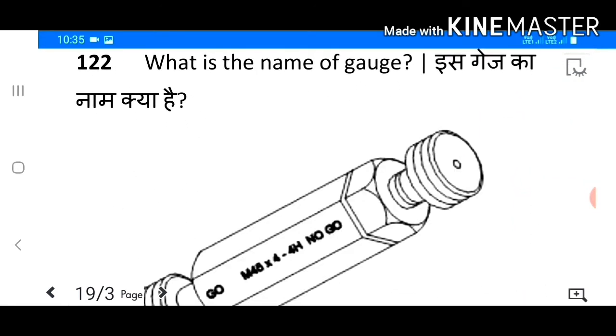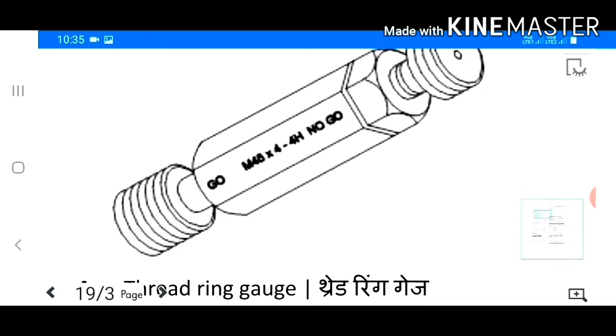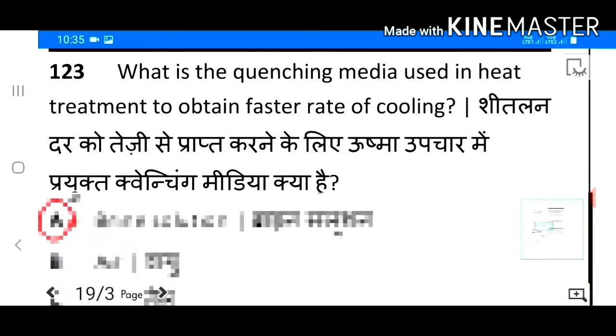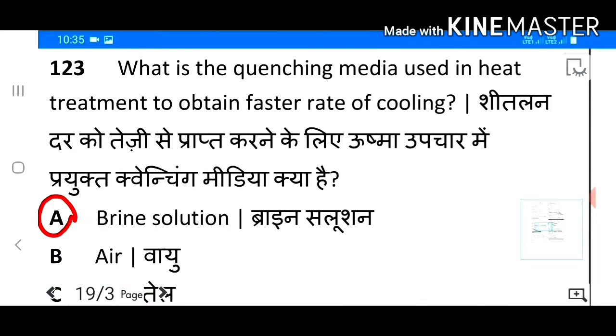What is the name of gauge? Answer B. Thread plug gauge. 123. What is the quenching media used in heat treatment to obtain faster rate of cooling? Answer A. Brine solution.